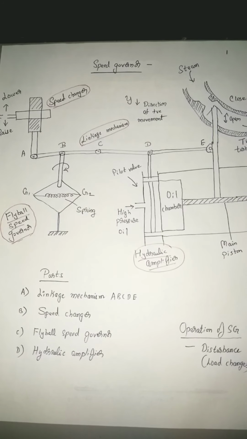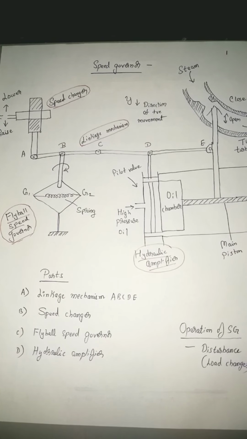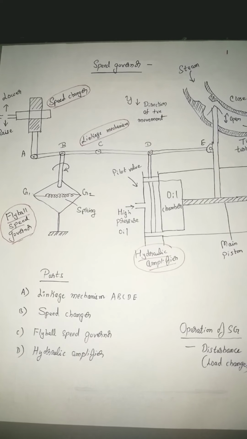Now I'll come to the last topic of module 2, which is speed governor. So this is the typical sketch of speed governor. Speed governor, actually speaking, I had covered in the class already, but since it's a continuation for module 3, if you understand speed governor here, then it will be easy for me to explain the mathematical modeling in module 3. So I'm repeating speed governor here.